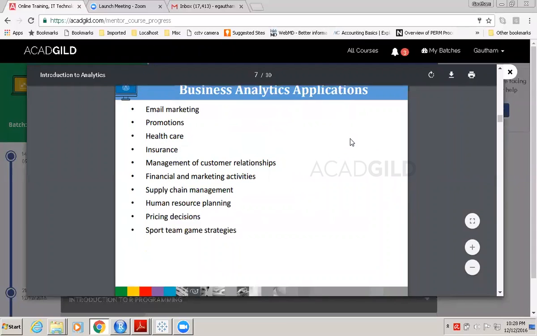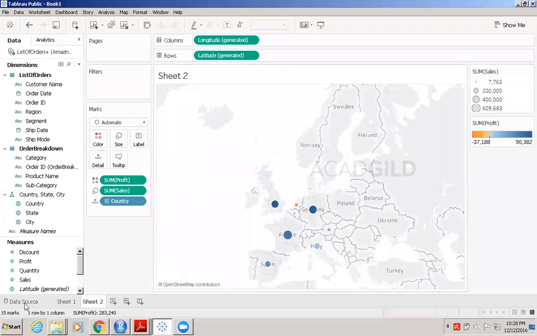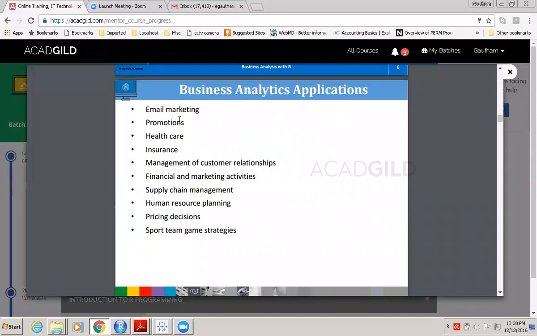So what are the applications of business analytics? We just saw one example, and we discussed a few examples earlier where all this can be useful. In this simple scenario, let's say this is a company that is selling online products. They are able to use this information to drive their sales and marketing teams to perform better. Similarly, other companies can use this information for different purposes, like email marketing. An email marketing company can use similar information to come up with various kinds of forecasting, promotions,